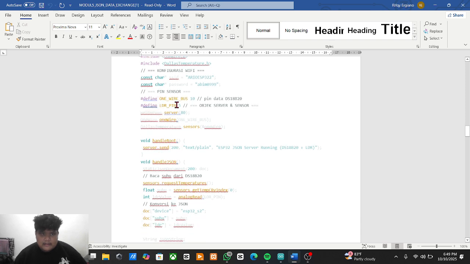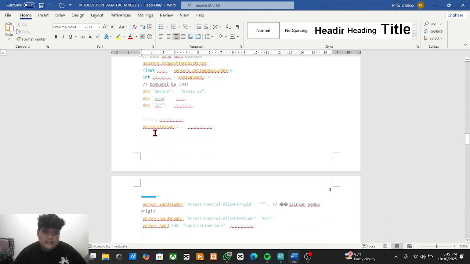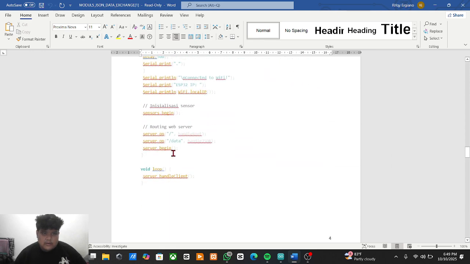And then define the wire connection at the ESP. And then this is the example of the code.